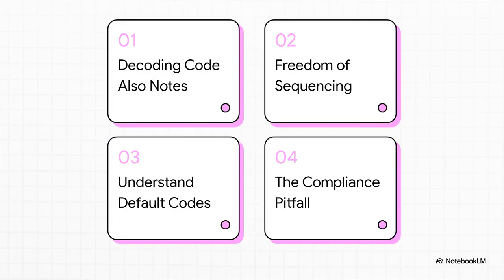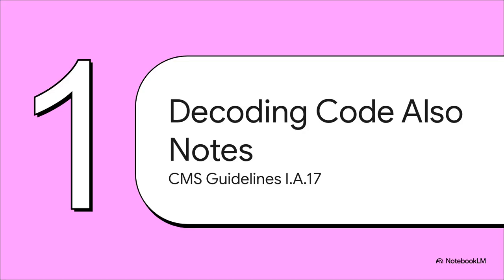Here's our quick roadmap for today's explainer. We'll be hitting: 1. Decoding code also notes. 2. The freedom of sequencing. 3. Understanding default codes. And 4. The compliance pitfall. All right, let's dive into Section 1, Decoding Code Also Notes, straight from Section I.A.17 of